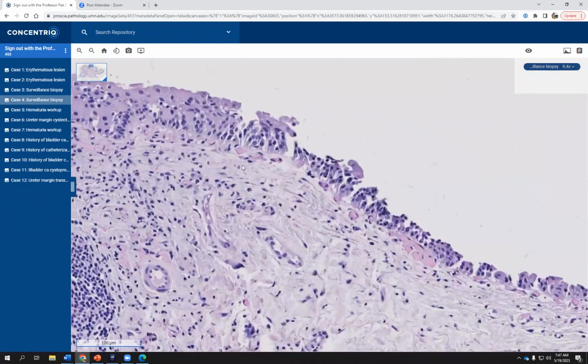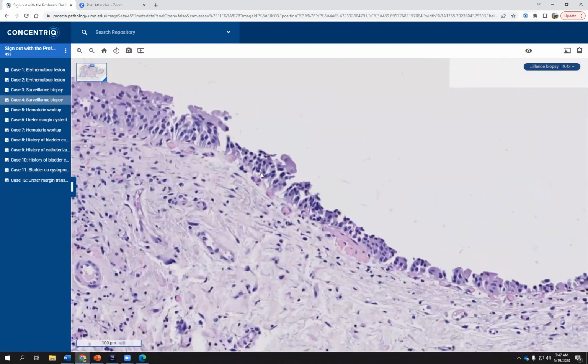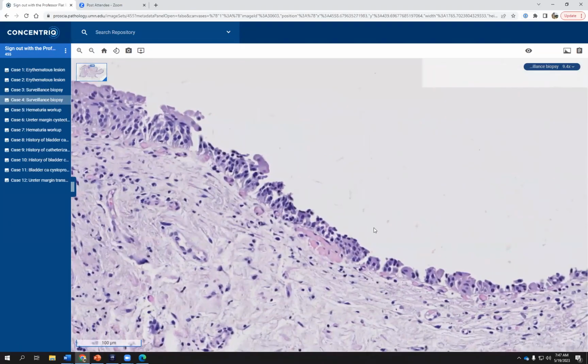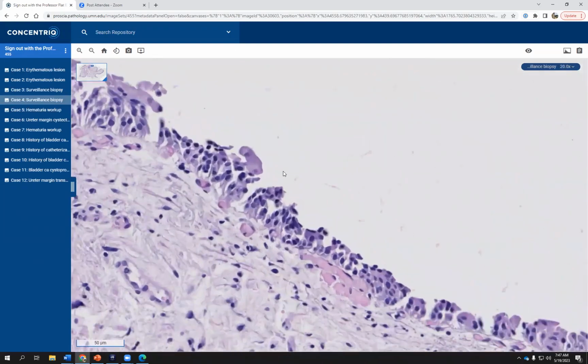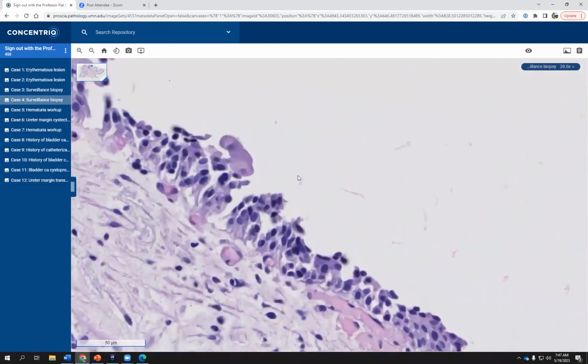But as we scroll to the right over here, we can see that the umbrella cells seem to be lost, and there may be some concern, especially if you're going down into 40x. So that's another critical feature in urothelial carcinoma in situ diagnosis. I cannot go more than 20x here because they are scanned at that magnification, but in a microscope, if you go to 40x,